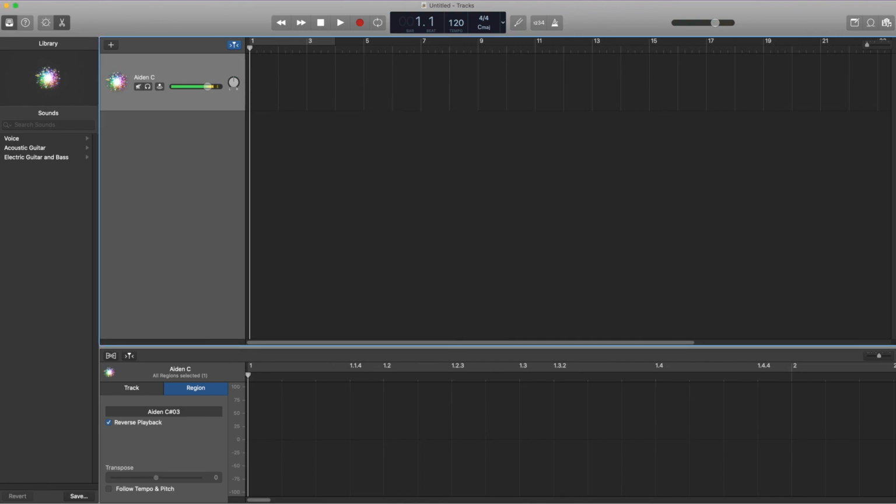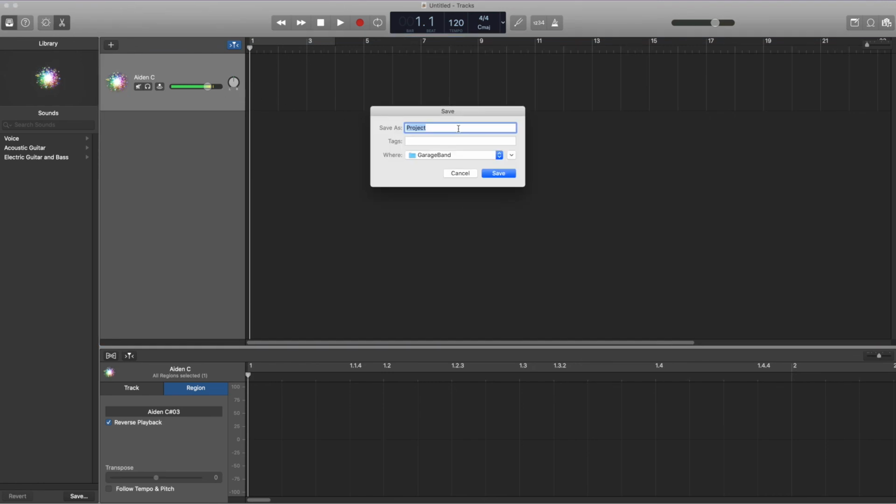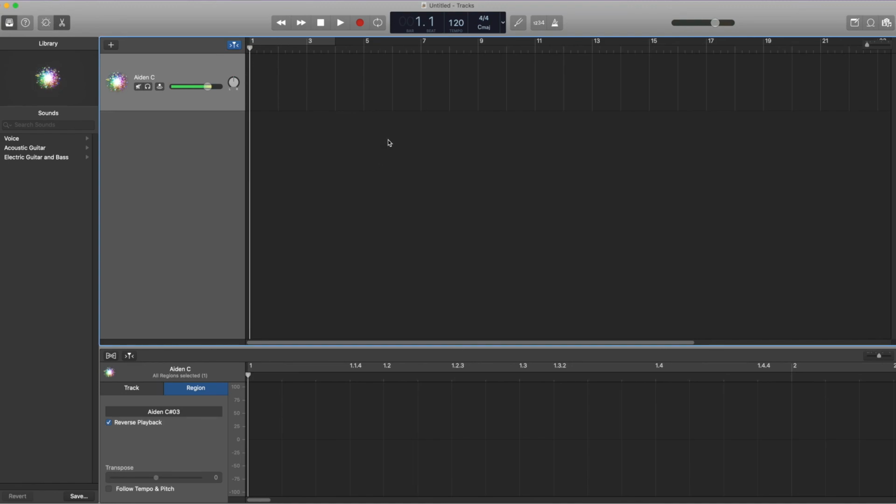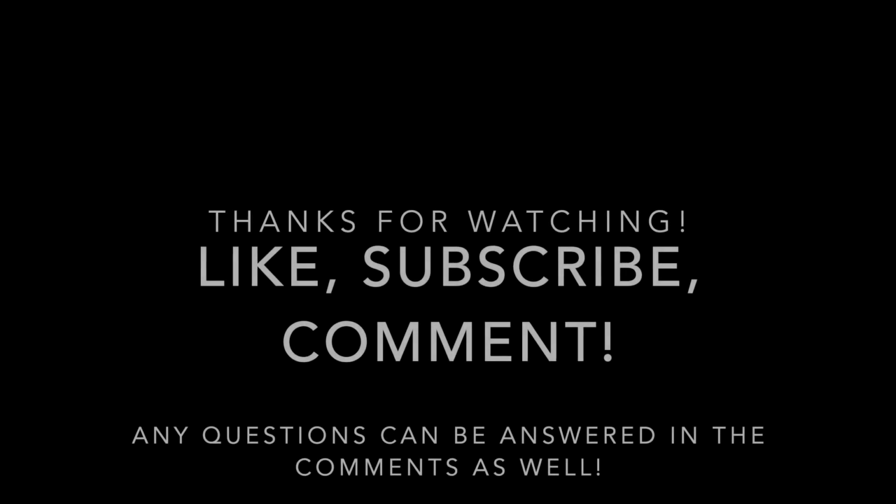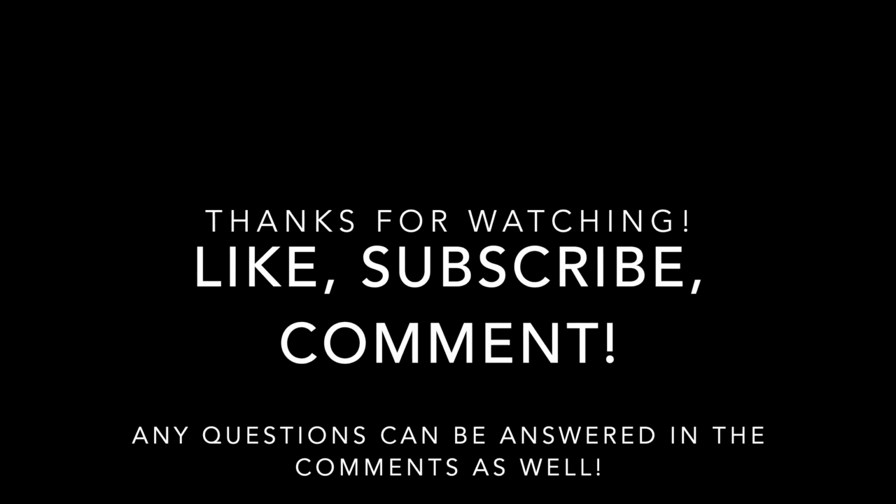And the last thing is how are you going to save it. You can press save, or you can press save as to change the name. So you press save, and it'll save as project if you don't change the name, so my song, and you can save it to where you want and add any tags, and I'm not going to save it for today, but that is pretty much how I make my multi-tracks using GarageBand.